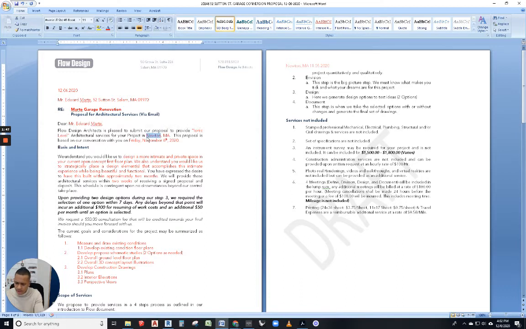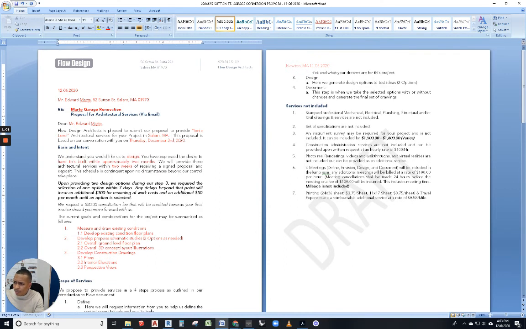So I place them in there and then say, architectural services for your project located where? Well, this changes: Salem, Mass. Eventually we'll create an app that will automate these things, but for now we just go in here and edit it. Based on our conversations with you when? Well, this one happened, I believe, Thursday, December 3rd, 2020. We understand you would like us to what, right? That's the point. In this case, they would like us to, and I always start with design, a renovation of your garage